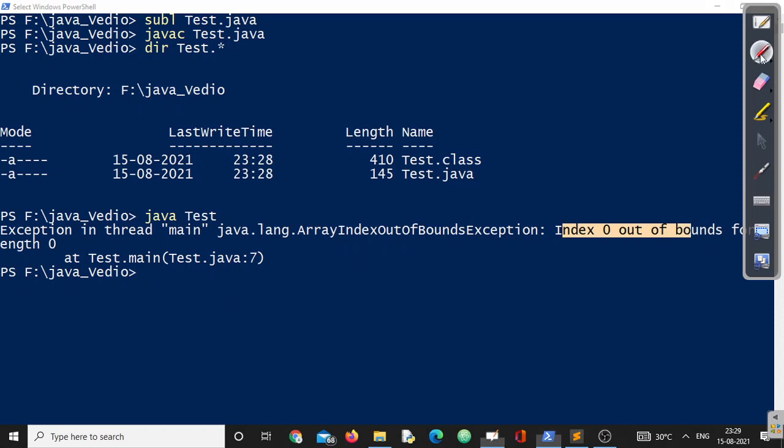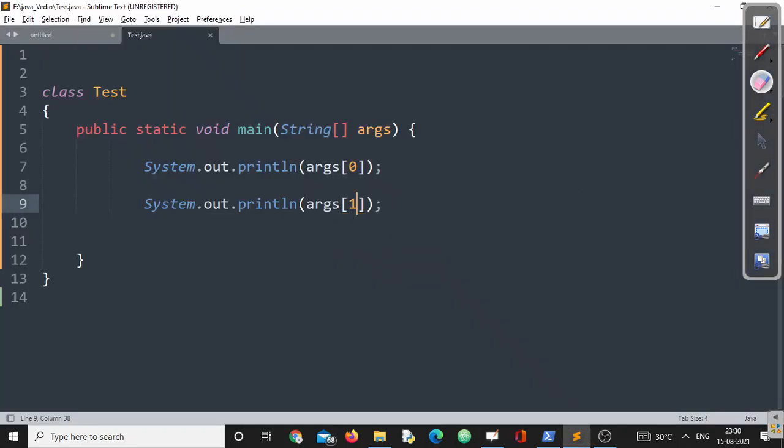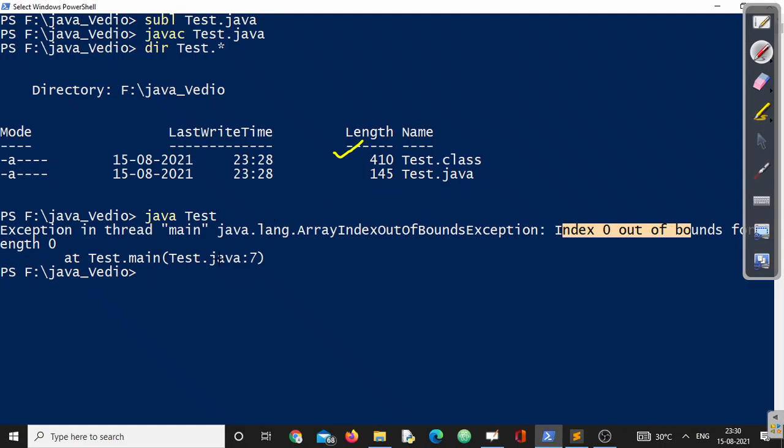Now why does this happen? Remember, here I have never passed any argument. So args[0] is absent, args[1] is absent, args[2] is absent. No command line arguments are there. But unfortunately in the program, I have tried to print args[0], which is not there because I have not passed any argument.